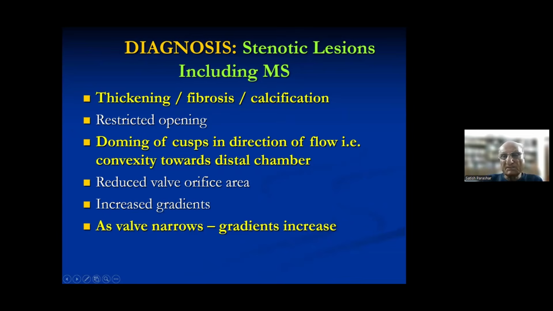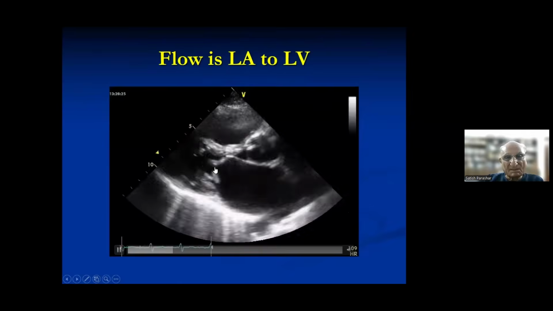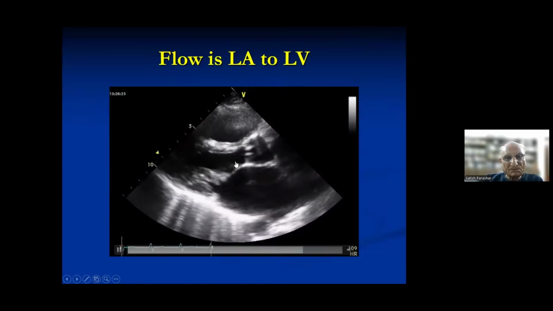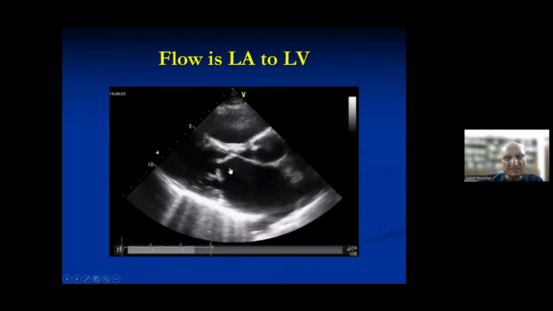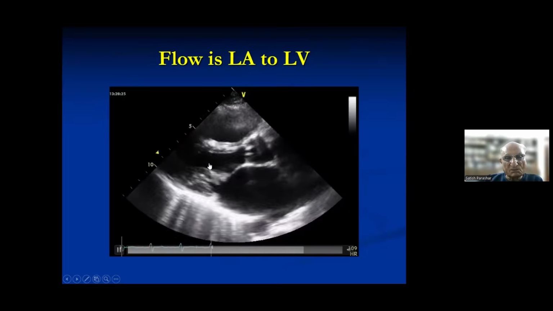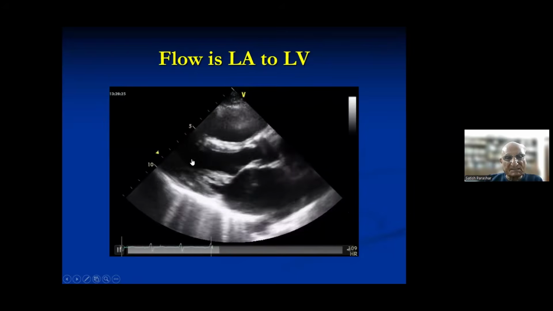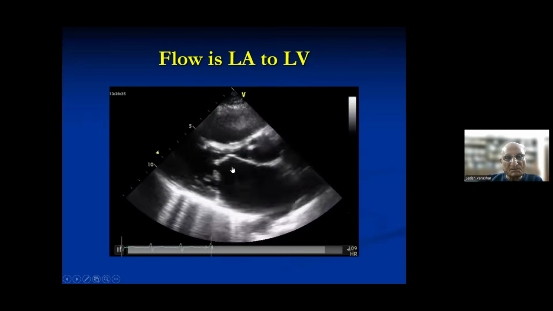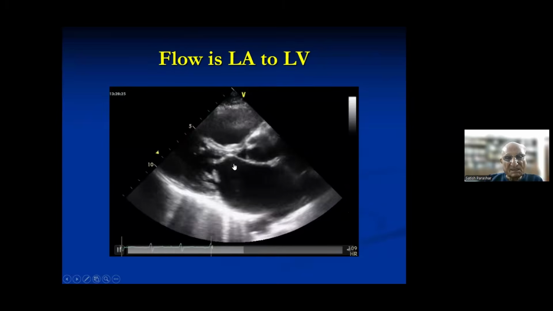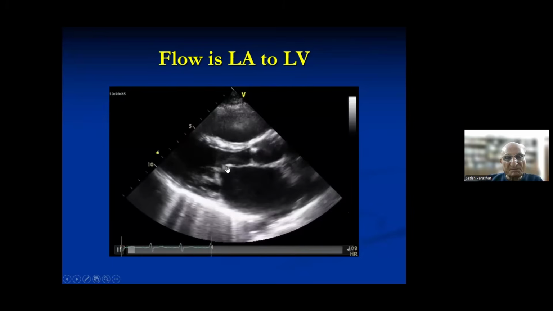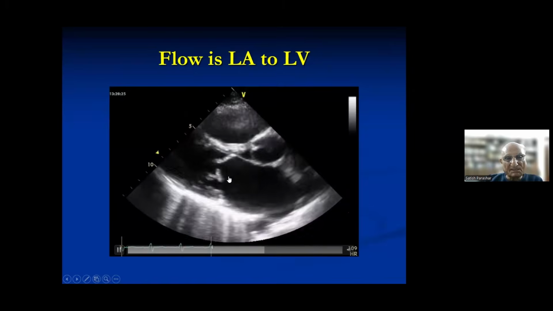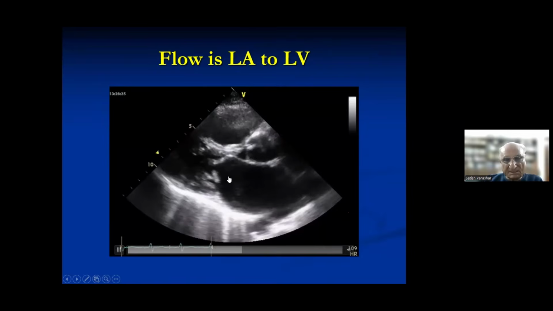You must have seen a dome in various religious places. Everywhere you have seen a dome-like structure, with the convexity up. Now this is an important sign. For example, here the flow is going from LA to LV, so the mitral wall shows a doming, like a reverse hockey stick, because the distal chamber is LV. So there is a doming of the anterior mitral leaflet. And there you can see the thickness of the base and the mid portion.